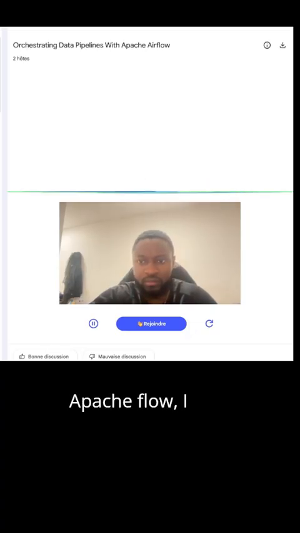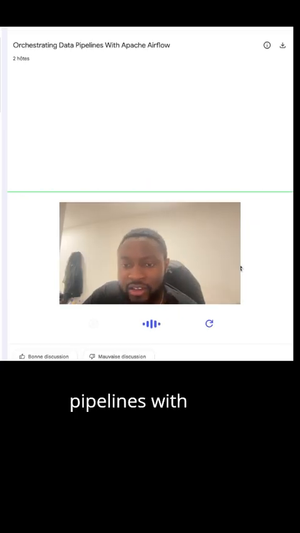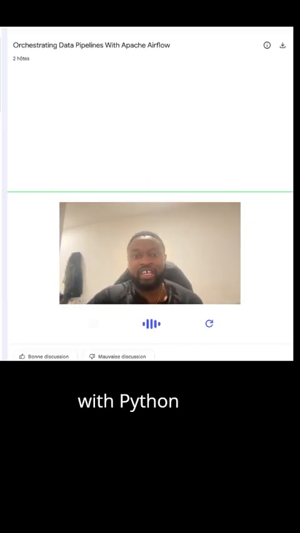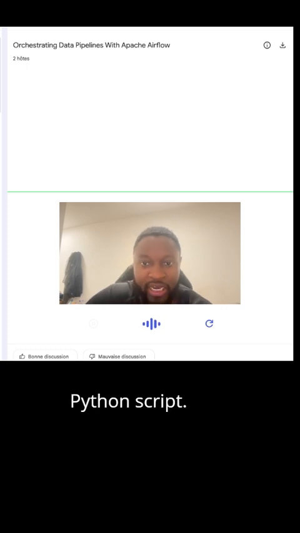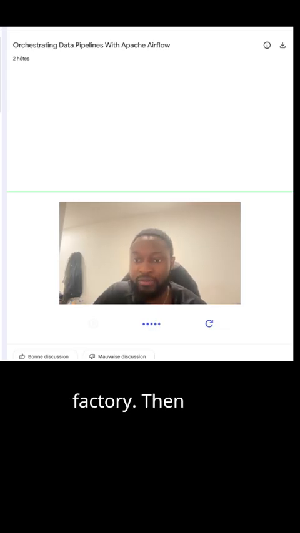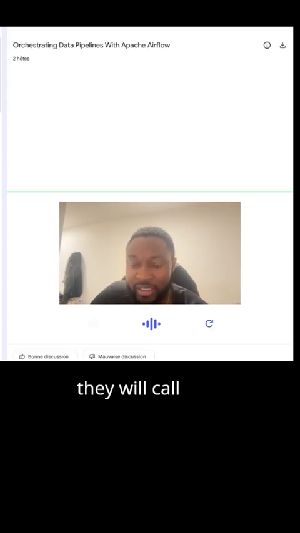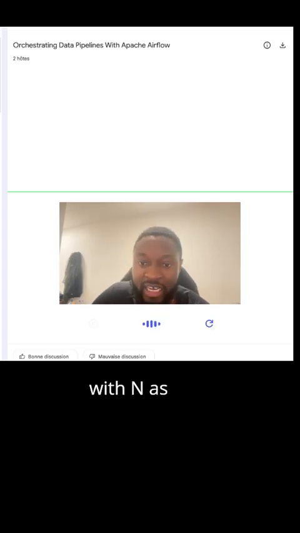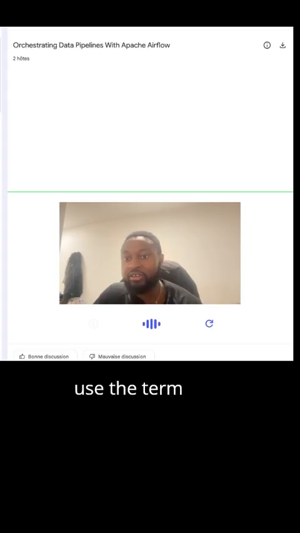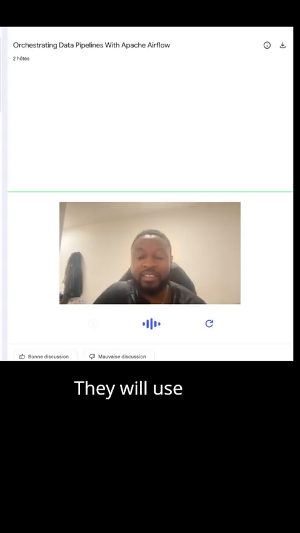Let's quickly review the core components of that DAG file itself. The source breaks it down into four parts. Oh yeah, talking about DAGs, in fact, before working with Apache Airflow, I used to code all my pipelines with Python code, just Python scripts. Then I used ADF, Azure Data Factory. Then recently I also used Talend. In Talend, they call them jobs, and in n8n as well, I will use the term workflow.